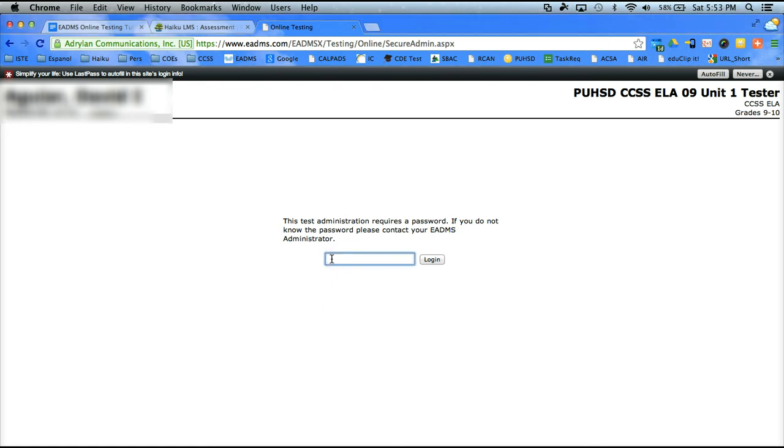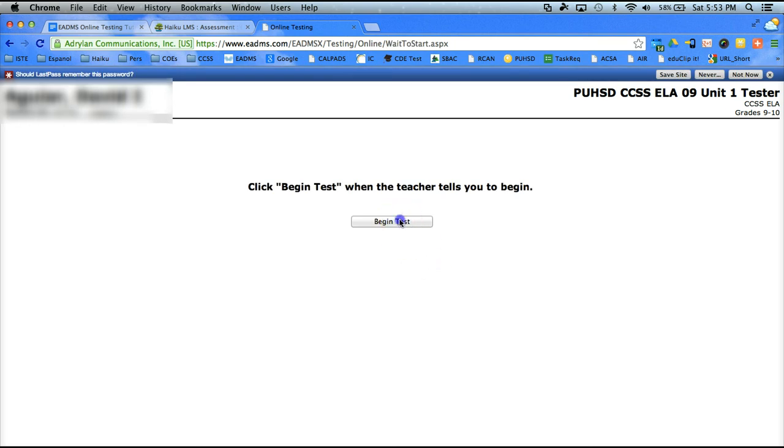So I'm going to type in the password, and the teacher would give this to the students orally and probably write it on the whiteboard or somewhere in the class. You also might want to consider giving different passwords, or maybe even changing the password after each class period. That way the test stays even more secure. So the student would type in the password, then hit login, begin test,